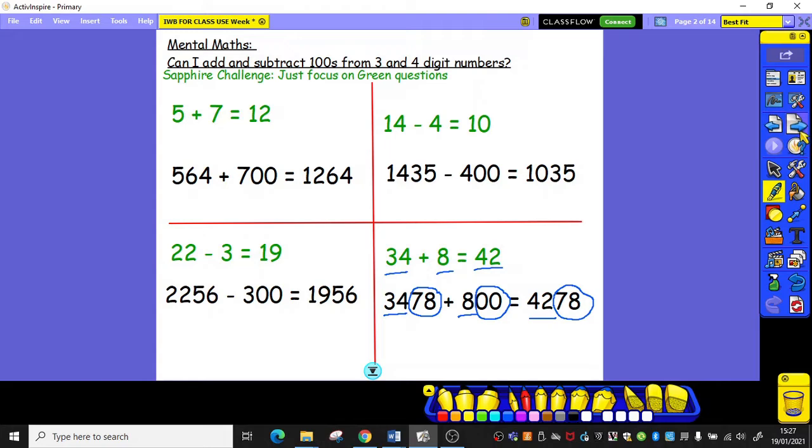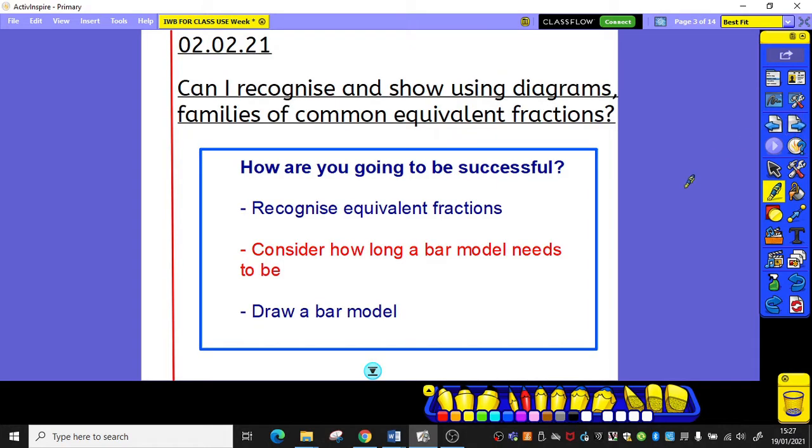So we're going to move on to today's lesson. Now, we're going to build on Monday's lesson. We're going to remain looking at equivalent fractions. And I've already told you that we'll be doing fractions for all of this week and for next week as well. So building on our knowledge yesterday of equivalent fractions, today we need to make sure that we can again